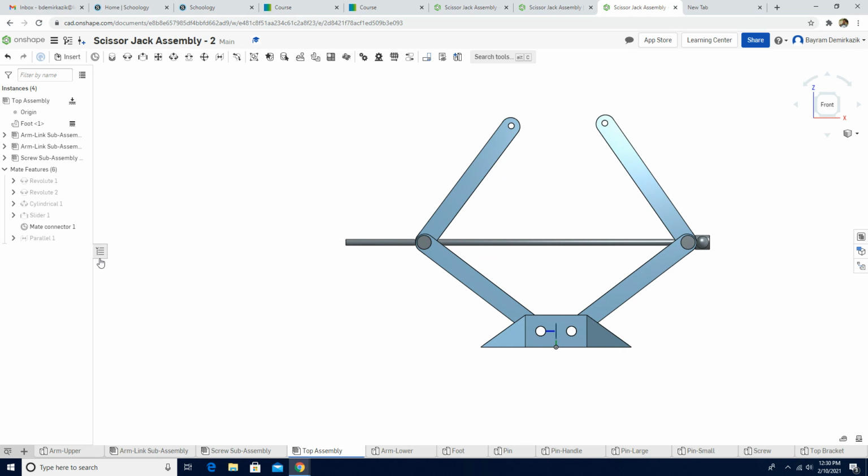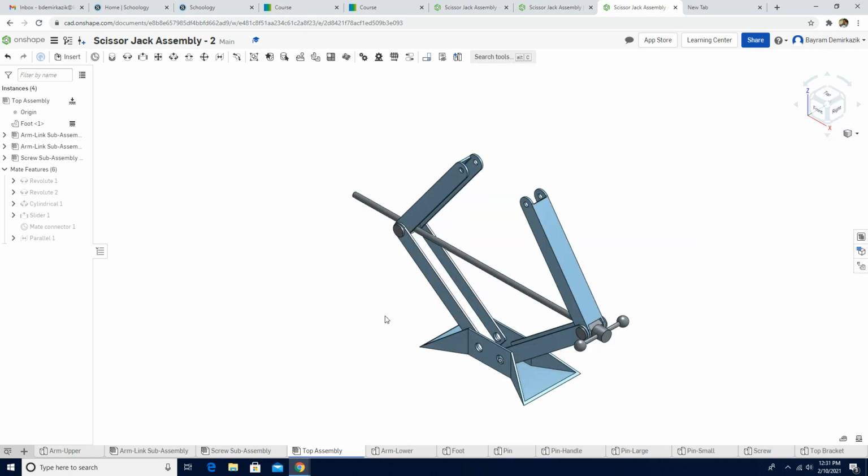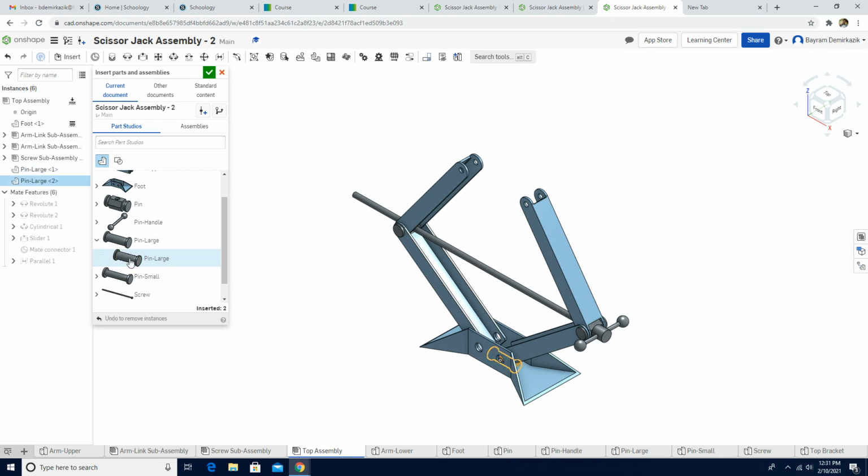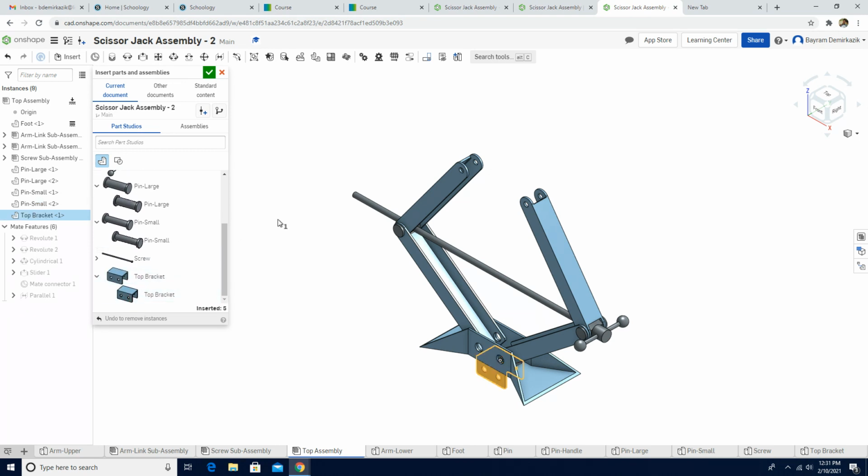Okay. Now I don't want to see this mate connector, so I'm gonna hide it. I'm gonna click the isometric view. Now we are almost done. I'm gonna click insert again. This time I need to add two pin large. So I'm gonna one click, two click. That's the two pin large, and I need to add two pin small. One click, second click, and the last one I need the top bracket, and I'm gonna just put them over here. So we have the 5 elements